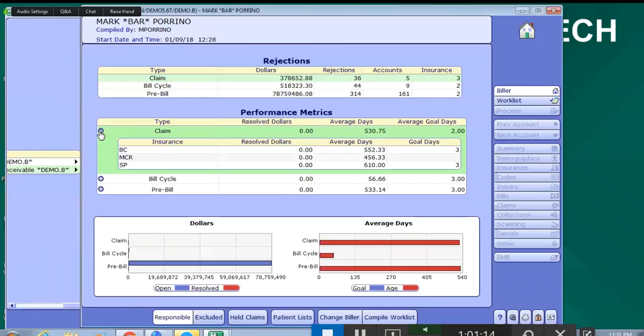See the little plus icon here, that means we're hiding information for each rejection level. If I expand that out, it shows you for each insurance, its particular resolved dollars, average days out there, and our goal days for each particular insurance. Again, with bill cycle,